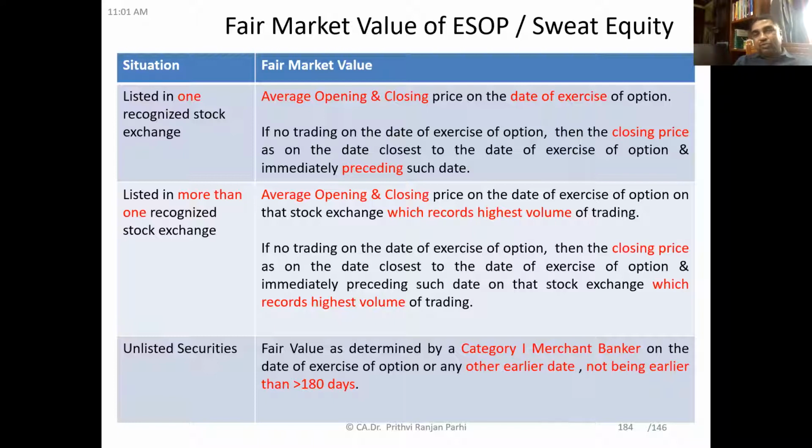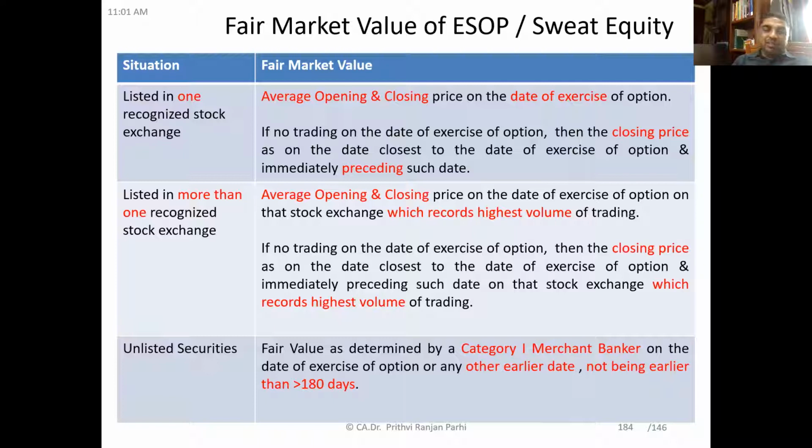Friends, this was about listed securities which are listed in the stock exchange. One can easily get the opening price, closing price, or previous price. But if these securities are unlisted, let us say just a private company or a small company, then how to arrive at the fair value? In that case, fair value shall be determined by a category 1 merchant banker on the date of exercise of the option